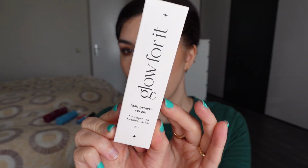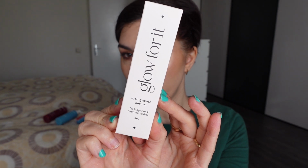Love both of these. Now, before I move into the empties, I want to talk about a product that is not really makeup, but I am very intrigued about, and I wanted to mention it. I cannot tell you whether it works, yes or no, because I just started using it about a week ago. But I ordered this Glow For It Lash Growth Serum. I saw Charlotte Holdcroft mention this and I was super intrigued because I have been really